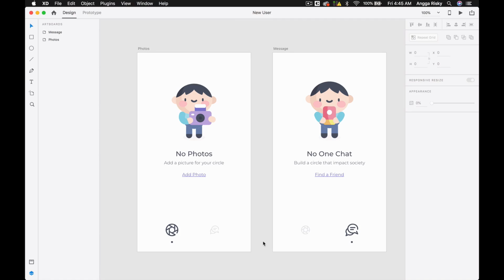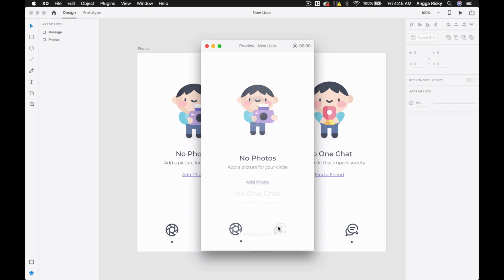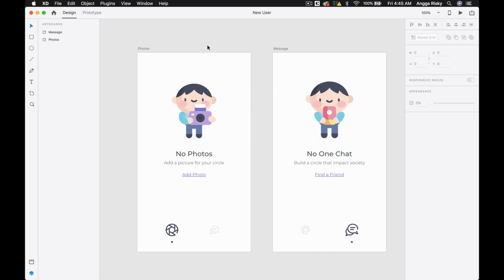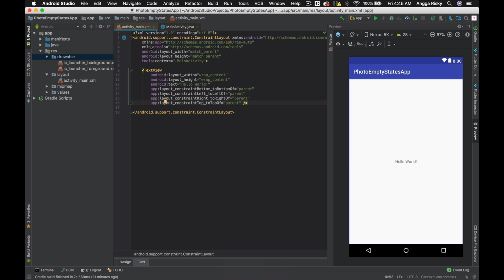Okay, so this is the design that I did in Adobe XD. But the preview of the design is not really good compared to the way we do it in Android Studio, just for example. Okay, cool. So right now I am going to copy those assets into our Android Studio project, into drawable.